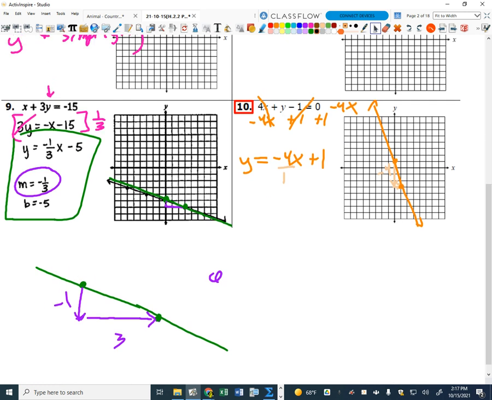All you're going to do when you graph any line is essentially create 2 points and connect and extend, right? You start with a point. So, for example, in this case right here, we started with the y-intercept of +1. We made a slope triangle from our slope. The slope tells us to rise by -4 and run by 1 to get a second point. Once I get 2 points, I connect and extend, and we're good. Okay? Which led us to